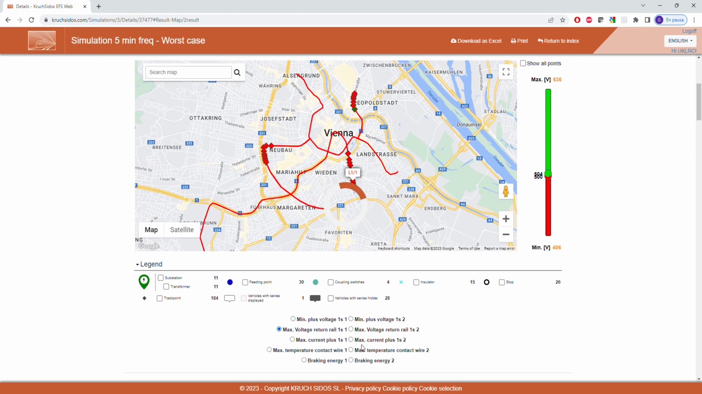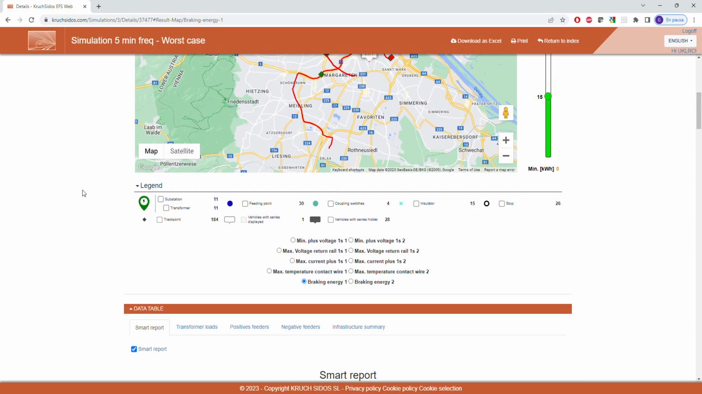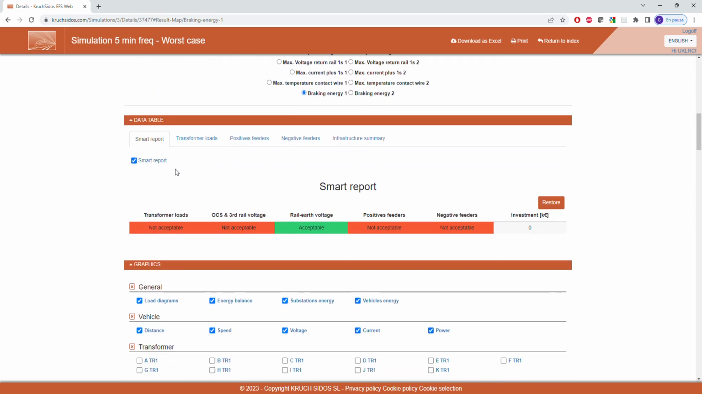We can also see the maximum voltage of the return rail, the maximum rail earth voltage that is produced in here, but the maximum is 33 volts. There is no problem in this case. We can also show the maximum current of the catenary, the maximum temperature of the contact wire, and where the energy losses are produced. On the tables we can see easily